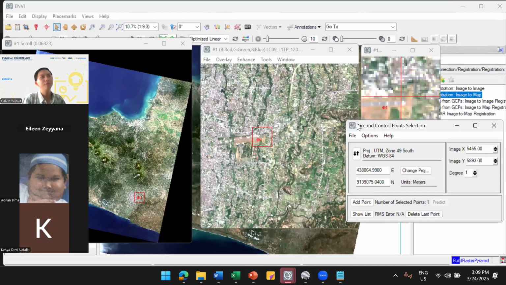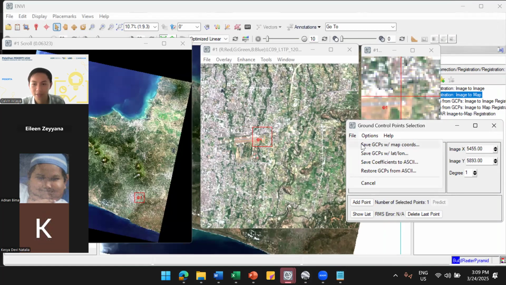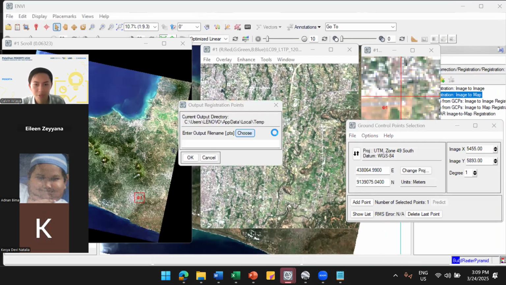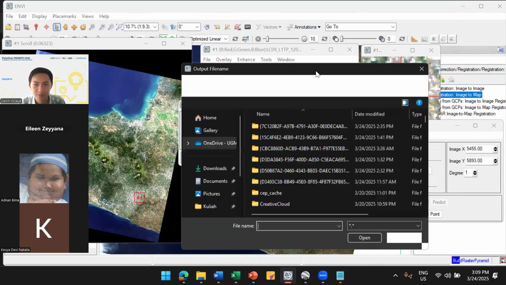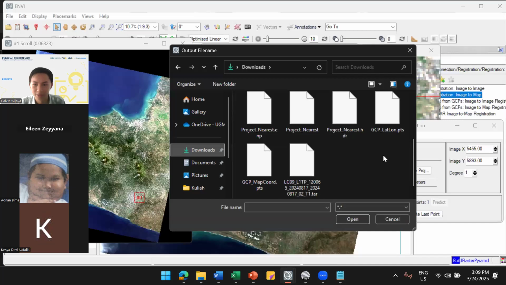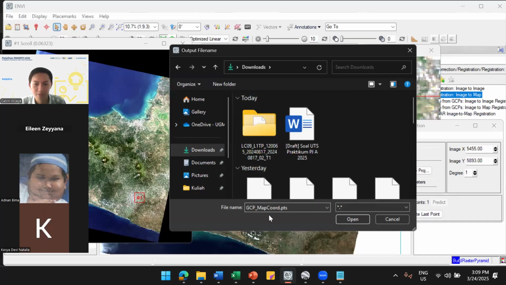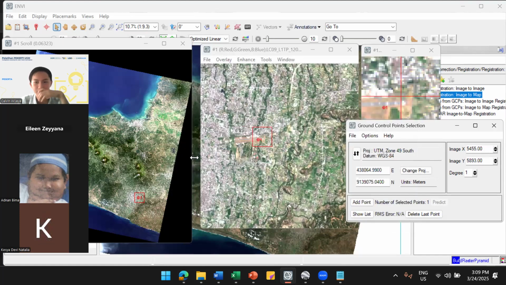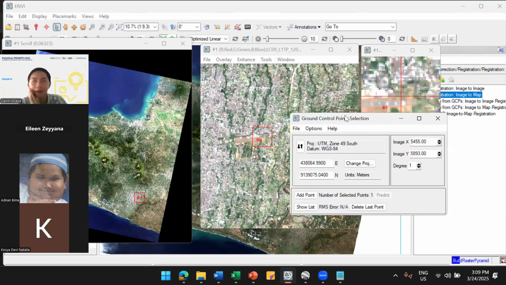And then after you finish all 16 coordinates, click File, and then Save Ground Control Points with Map Coordinates. Choose the location to save; I already saved it here, so I will save it again. GCP Map Coordinates. Okay, click OK. And then after you have finished all 16 ground control points and saved them into a PTS file,